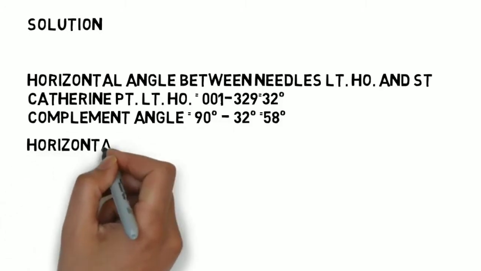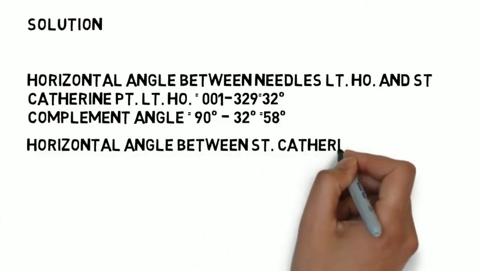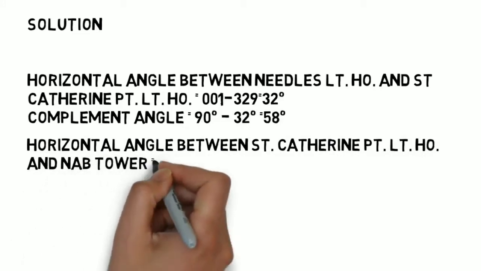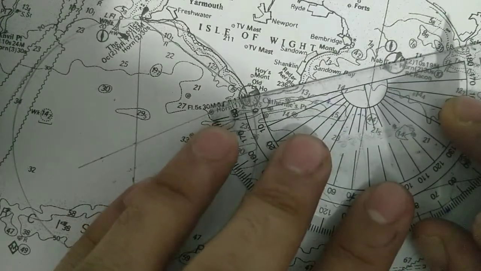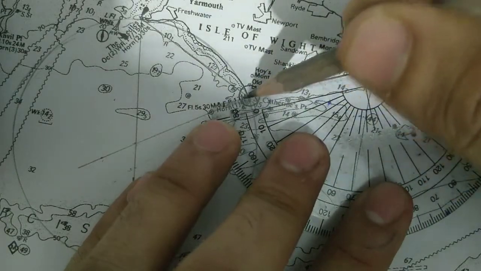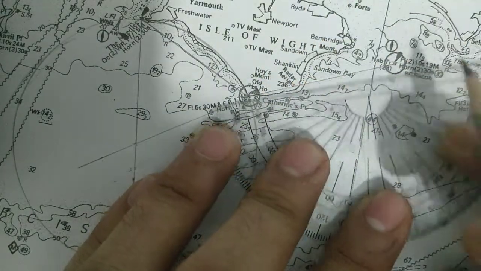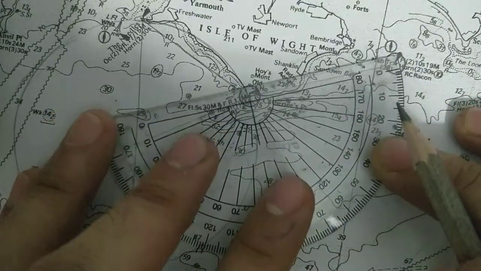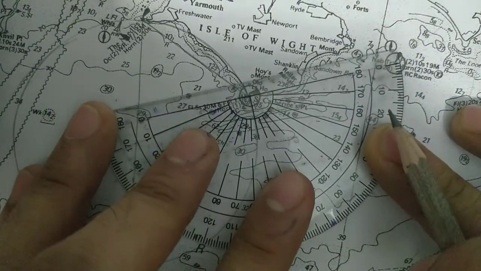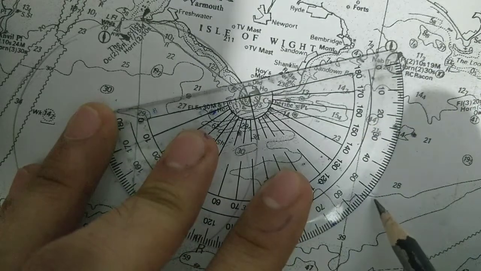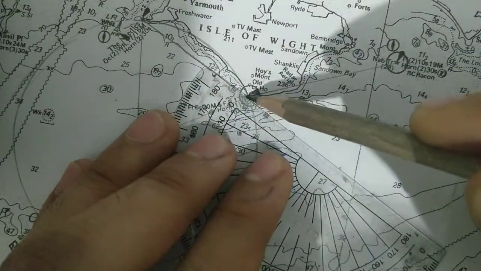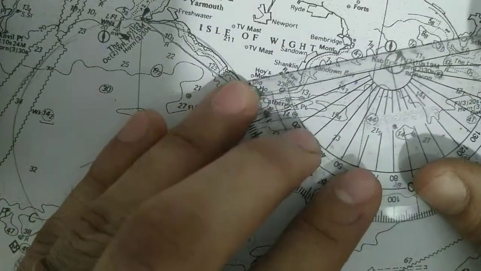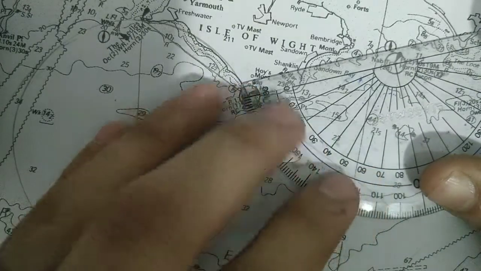So after that, the horizontal angle between the St. Catherine lighthouse and the Nap Tower is 041 minus 001, that is 40 degrees, and the complement angle is 90 minus 40, that is 50 degrees. So similarly, as we made an angle from the Needles and St. Catherine, we'll make another complementary angle from St. Catherine, that is 050 degrees, and we'll draw an angle from the point of St. Catherine,